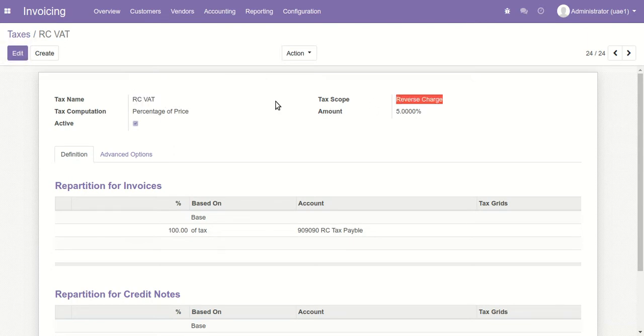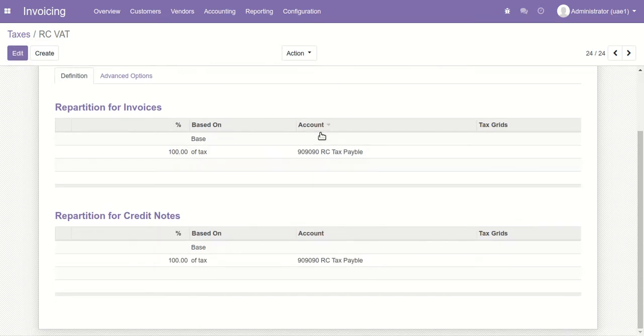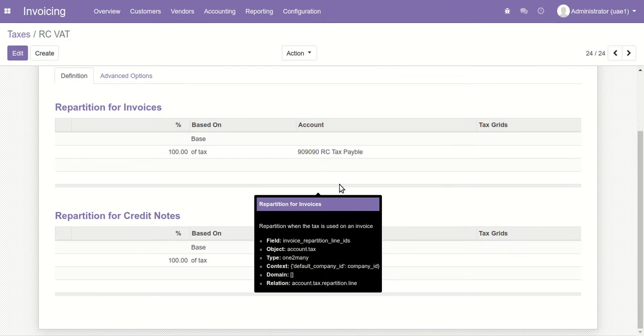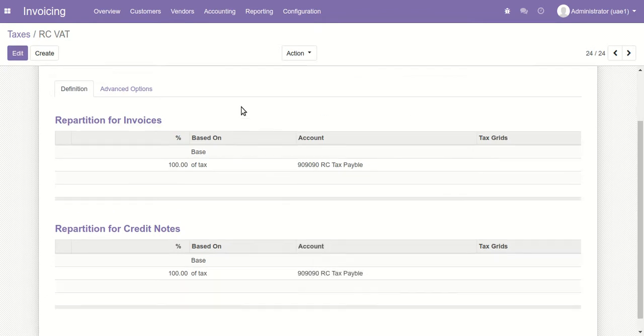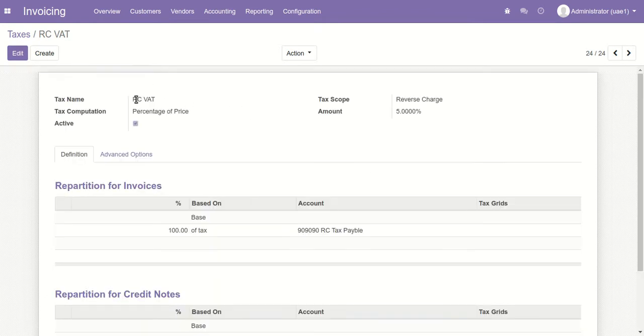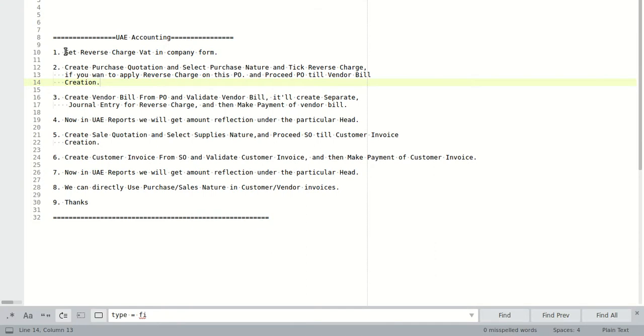If you don't want to use this, then you can manually create your own reverse charge VAT. Here we just set the amount, and here we set the account for the journal entries. We will set this reverse charge VAT in the company form as per this flow. We will run this flow to see this module.